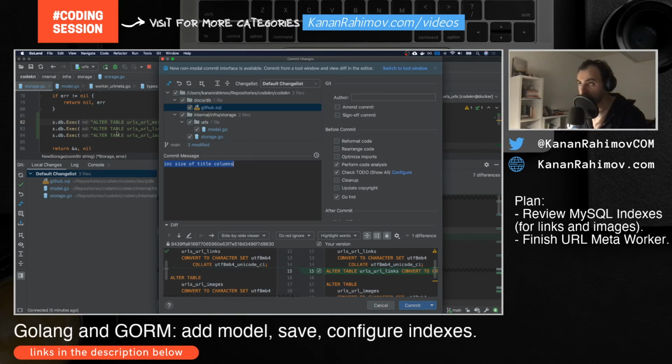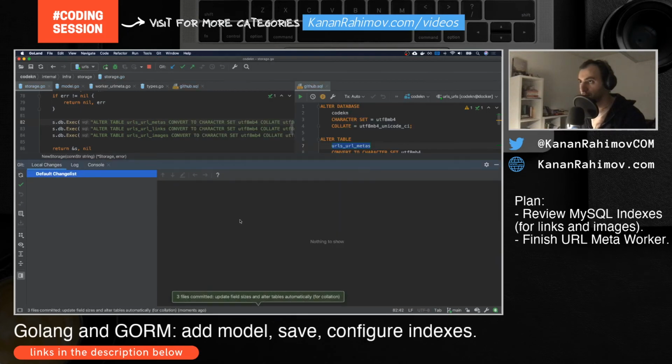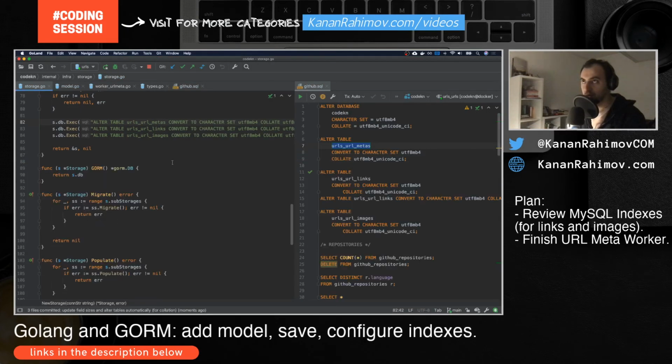In the meanwhile, I will commit my changes: update field size and alter tables for collation. So let's commit. Okay, so now we can